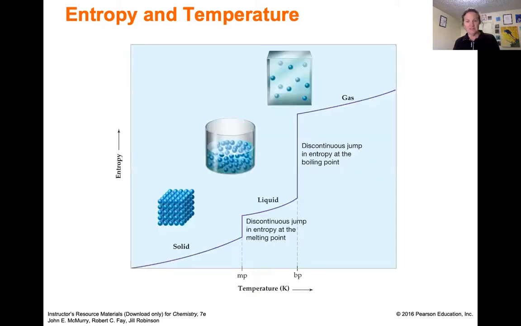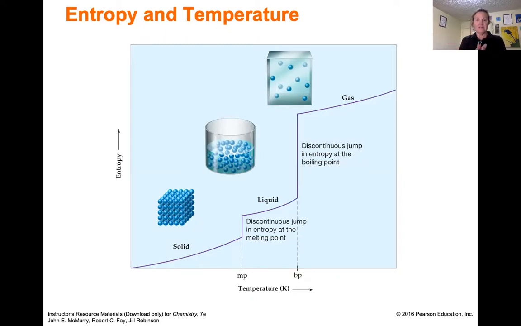So what changes entropy? If you start out at the left-hand side, temperature of 0 and entropy 0, you'll have a solid as you increase the temperature. As you increase the temperature, the atoms start to vibrate relative to each other. There's different ways for that to happen. So there's more ways to have those distributions. And so the entropy increases as you increase the temperature.